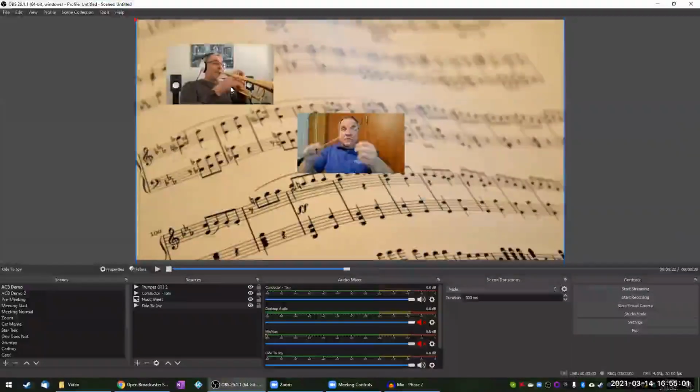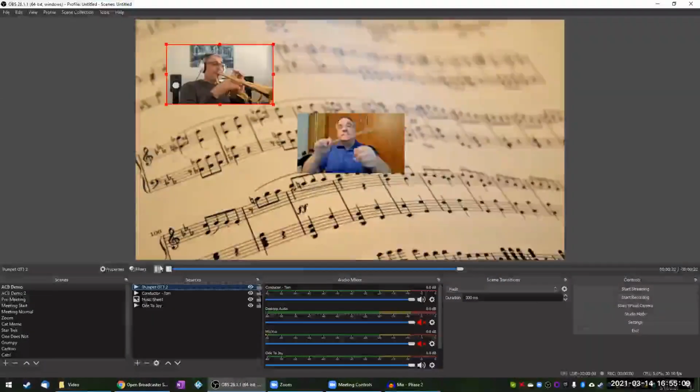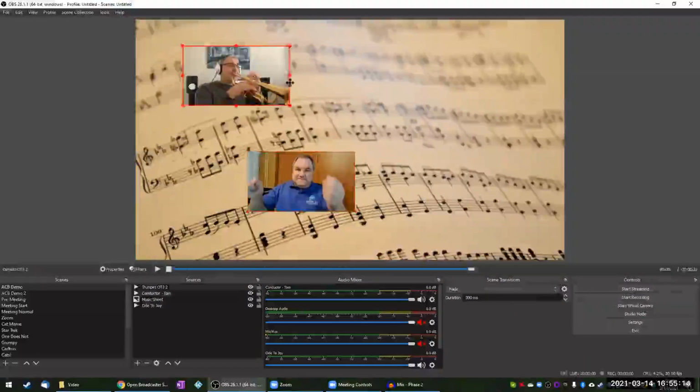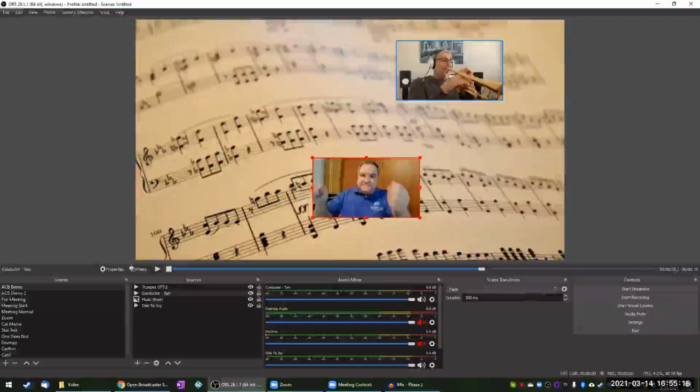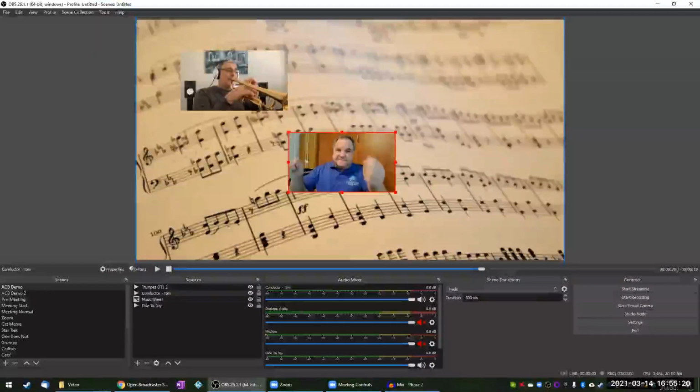And there we go. So everything's nice and lined up. And then as you add videos, if you click on each one, you have this play button up here. You can pause them. That way you have time to go through and basically arrange them in whatever order you want. With a small ensemble, I don't want to take up the whole screen because I just wouldn't be able to fit the 5 or 6 in a nice square position. So I've gone more abstract.